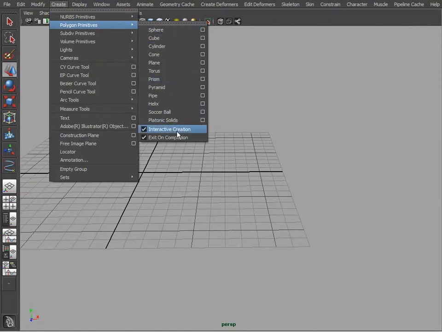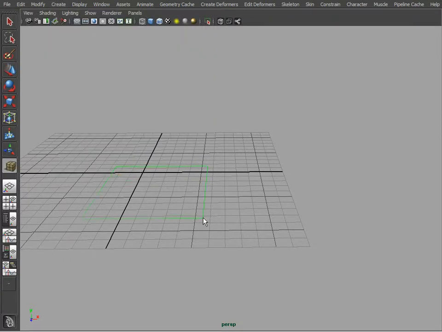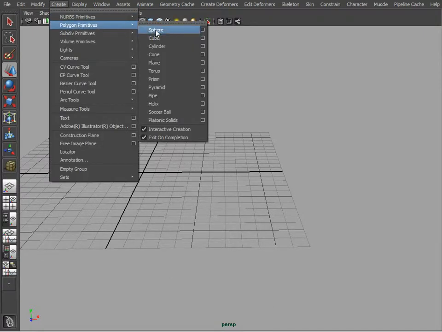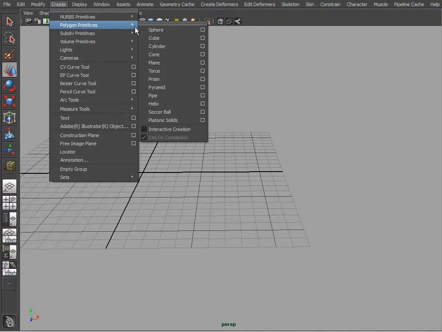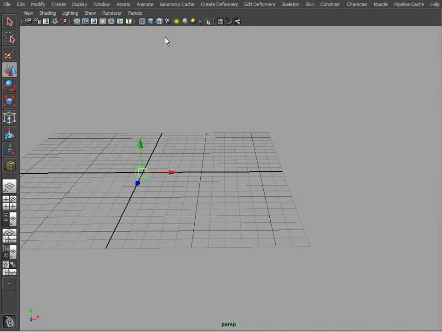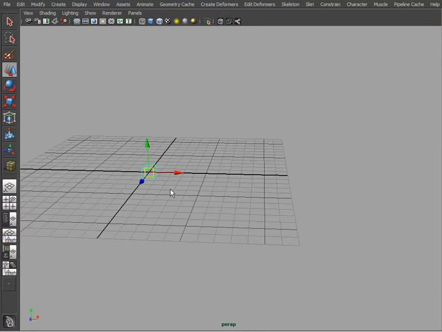It's definitely a personal preference. If this option is checked and you decide to create a cube, Maya will ask you to drag the dimensions of that cube, and that could be your preference. Or instead you can uncheck this option, and if you decide to create a cube, clicking on this will now create a basic cube in the center of the world